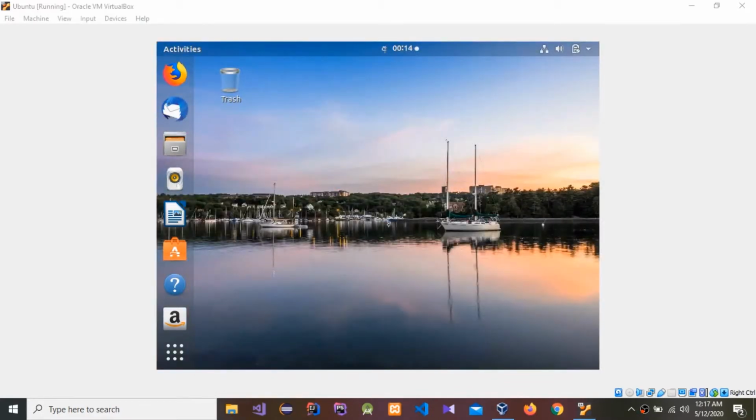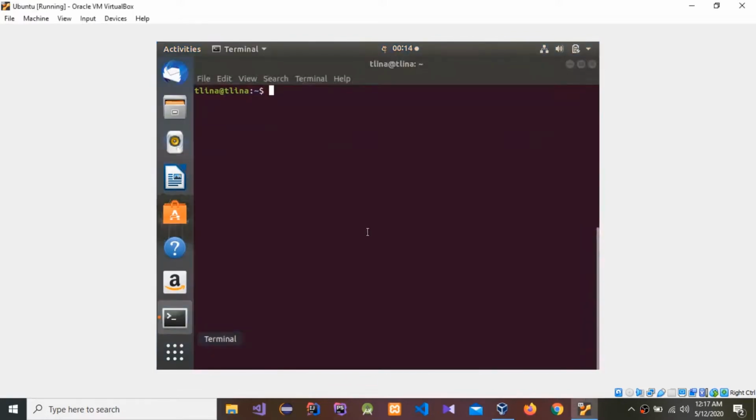Hey guys, today I am going to show how to change created user's username. So now I'm going to open my terminal. So I'm going to create a new user, adduser, and you have to put a username. I'm going to put user 01.